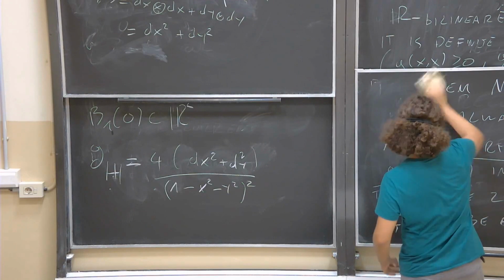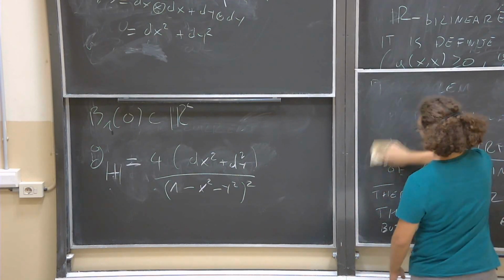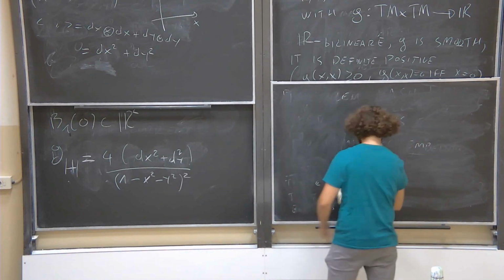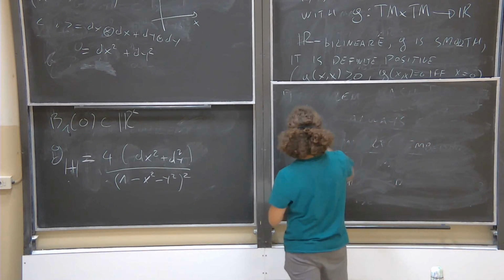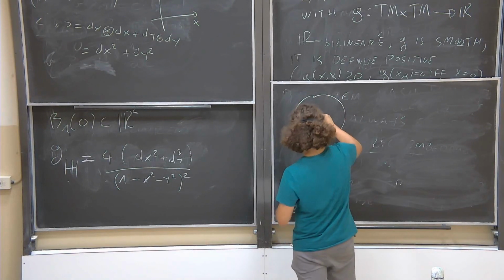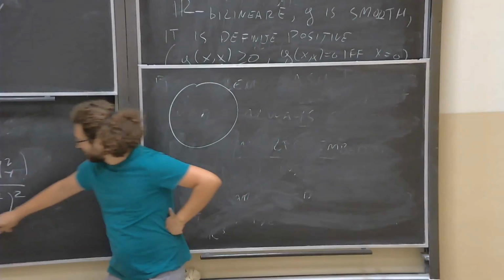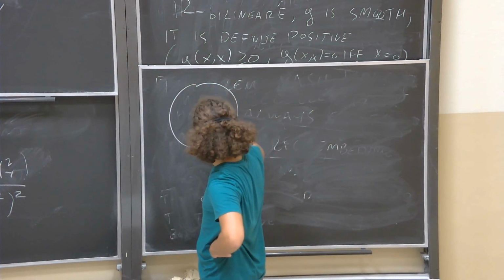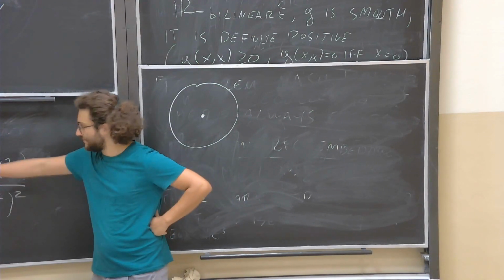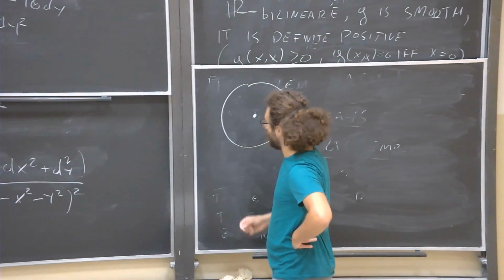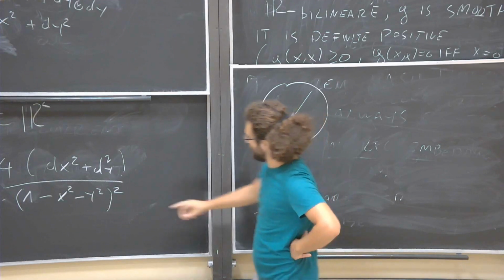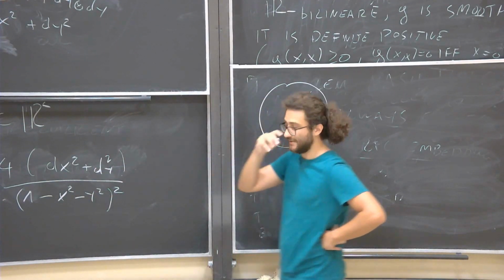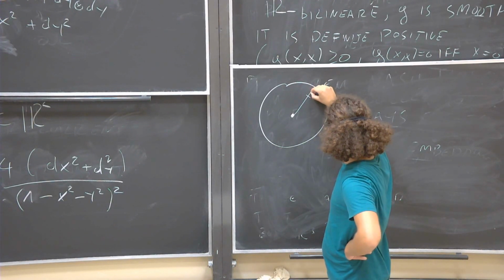What's happening, more or less, just to give some sort of intuition of what a mess like that would mean, is this. We have a unit disk. This term here is rescaling our notion of distance. So what actually happens is that when we are really close to the origin, this thing is 1 and the metric is more or less Euclidean. But when we reach the border, this term is going to infinity, which just means that lengths are stretched.